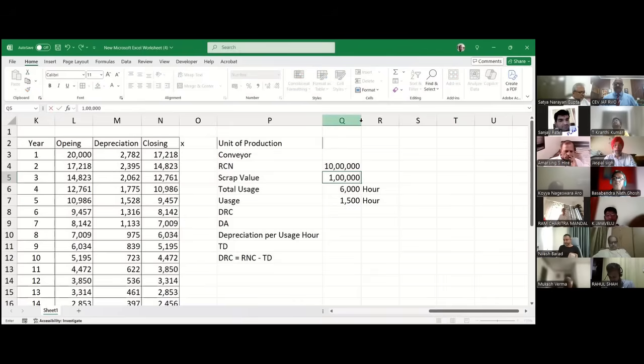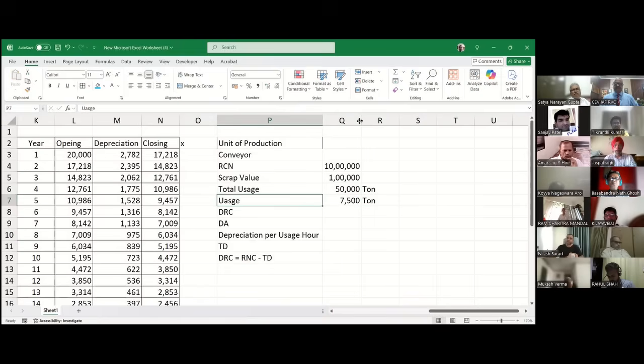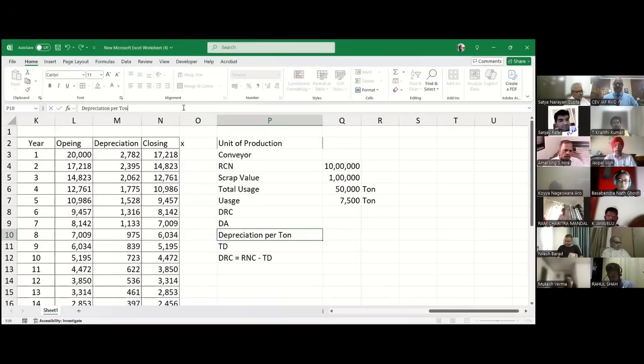It is designed to handle cargo of 50,000 ton. अभी तक उसका यूजेज हुआ है 7,500 टन। ओके तो फाइंड द डीआरसी। यहाँ क्या आएगा? डेप्रिसिएशन पर टन आएगा क्योंकि टोटल यूजेज टन में दिया है। तो सेम थिंग है, फाइंड आउट इजी।